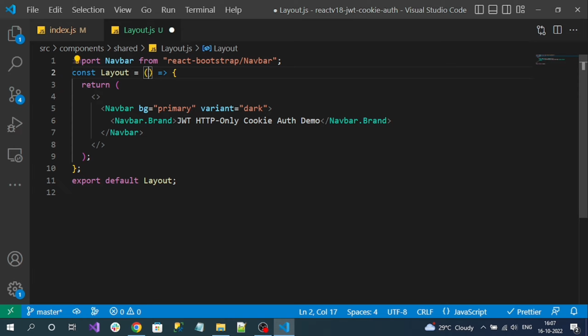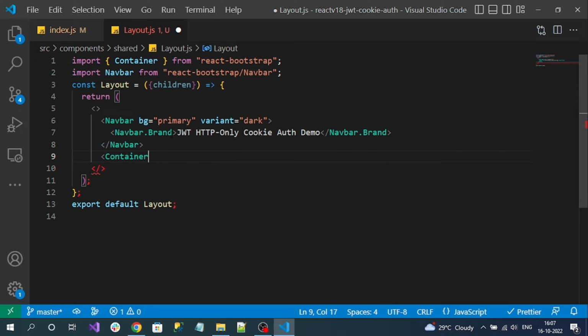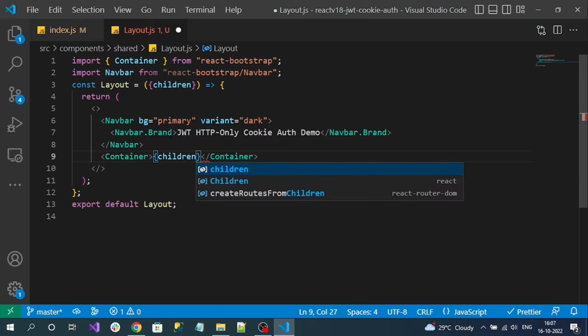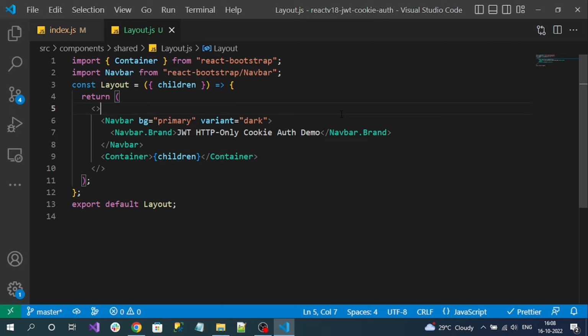So I can destructure my props directly. I can use children. Okay, this is called destructuring without using props. And here I am going to create a container, a Bootstrap container. Inside of that container, I am expecting to render all the children components. Okay, now we have to add this layout element in the app component because the app component is our entry component